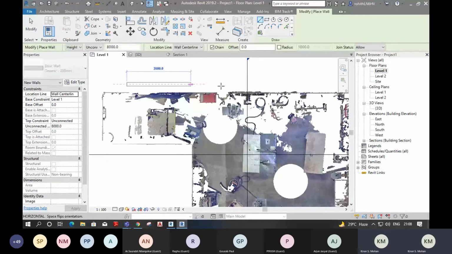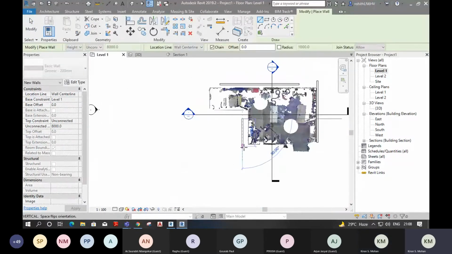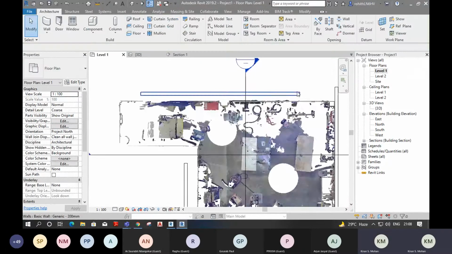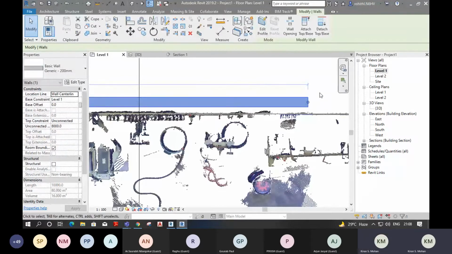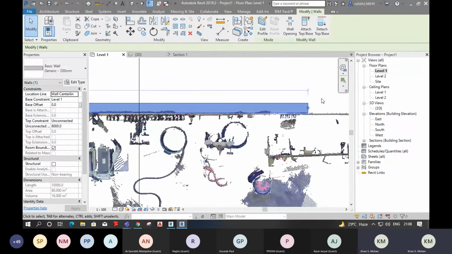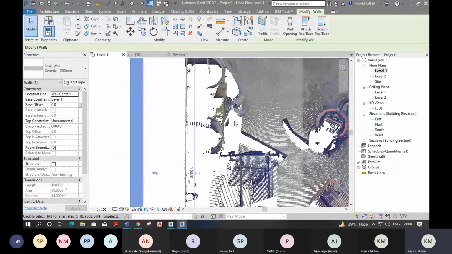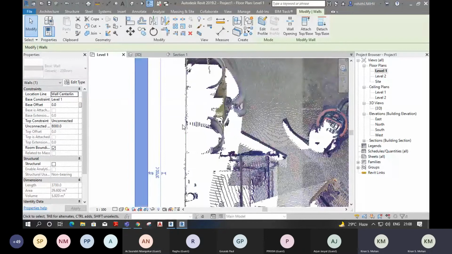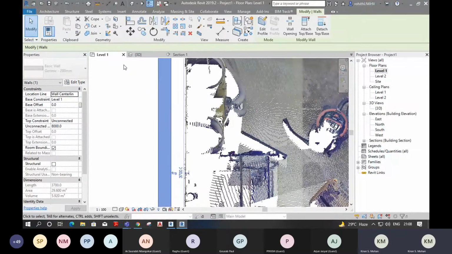We cannot use the normal align option because we cannot select the point cloud data. That's why I'm aligning manually. You can either use the wall family, or you can use another option, model in place. You can go to architecture, go to components.